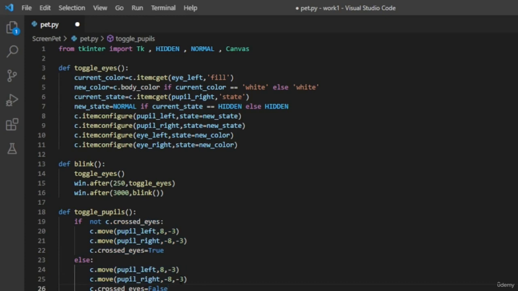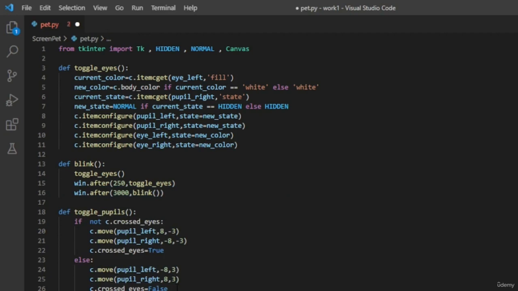All we need to do is just change this -3 direction to +3, means make the pupils back downward, and this will be -8. So we are just bringing back the original direction of the pupil, so they will come back where we started. Now a similar function is needed for the tongue movements also, means how they will bring out their